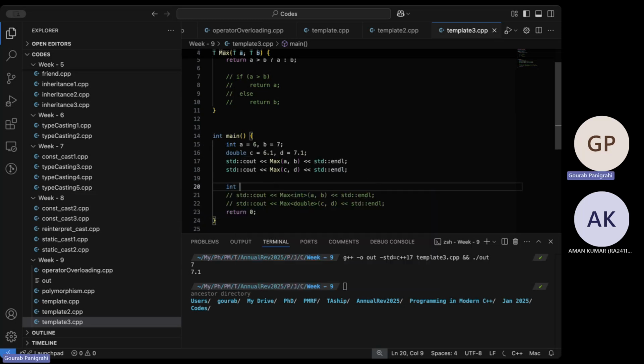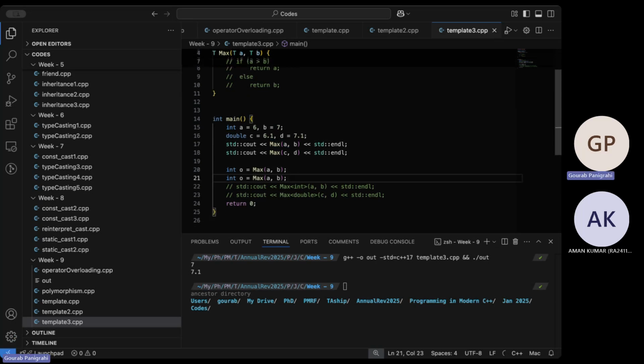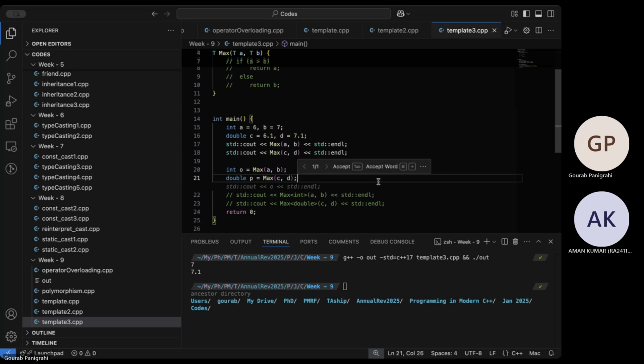Let's see what happens when we do this. So I'll say output. Yeah, and let's print it too.